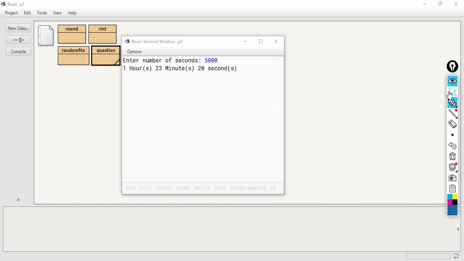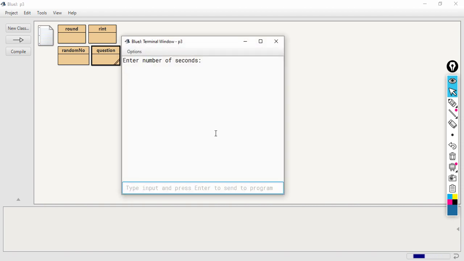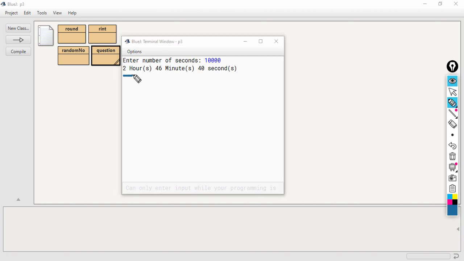Let us try some other number. Let us say 500. So, 500 seconds contains 8 minutes and 20 seconds. Let us try some other number, 10,000. So, 10,000 seconds contains 2 hours 46 minutes and 40 seconds.